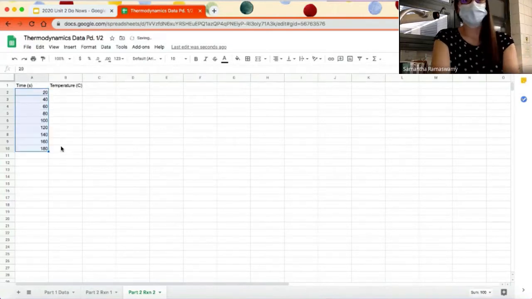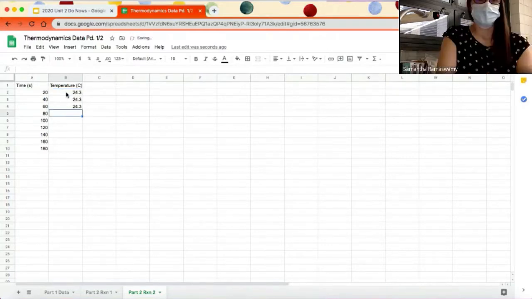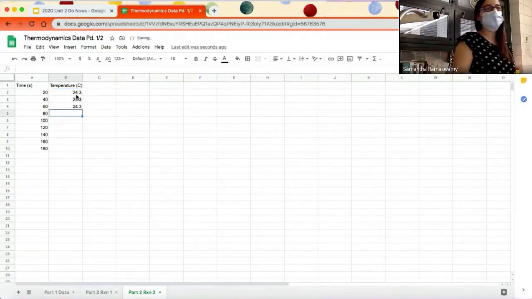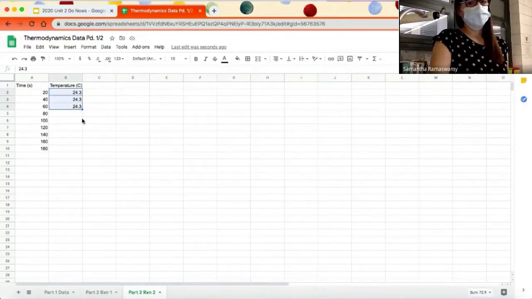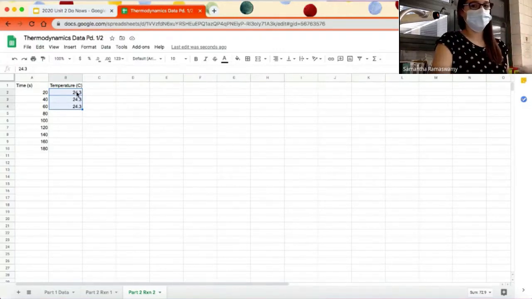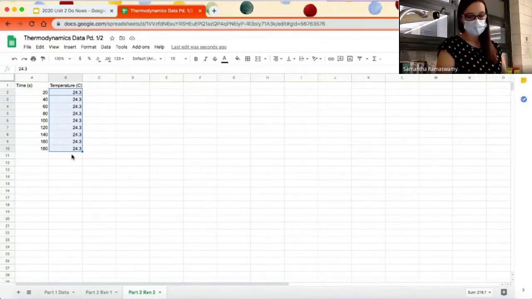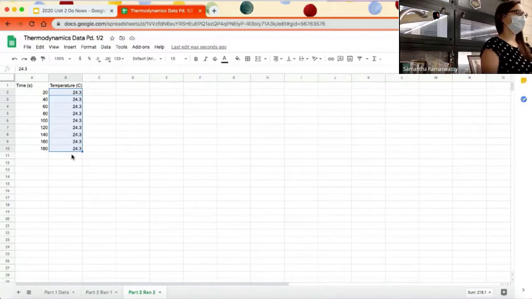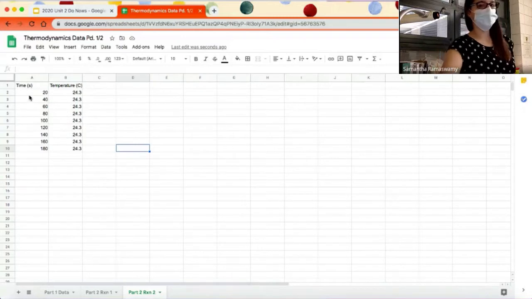Time. So all I'm doing right now is filling in data from data table 3. So for data table 3, every single data point is 24.3 degrees Celsius. So just to make sure that Google Sheets knows that it should be the same number, I just entered 24.3 3 times, and then just drag it down to the bottom. In data table 3, the temperature every single 20 seconds was 24.3 degrees Celsius. Now we'll go through the process again,